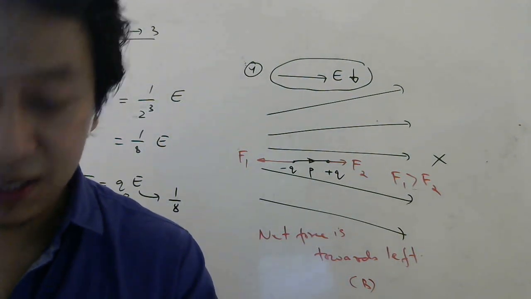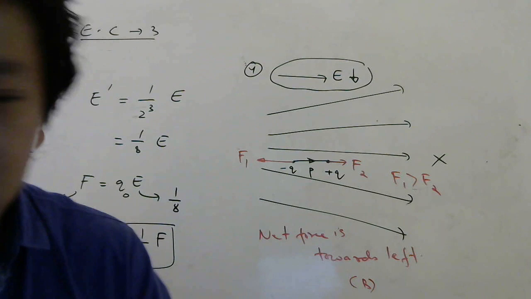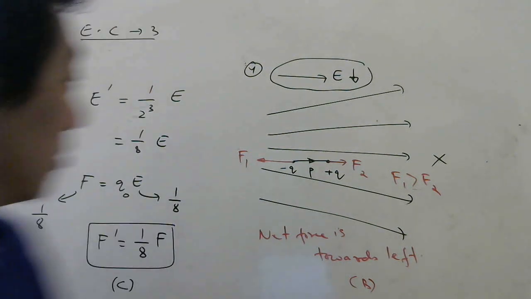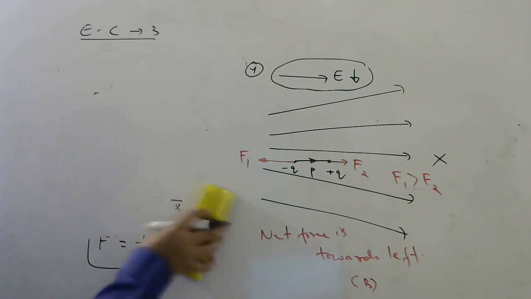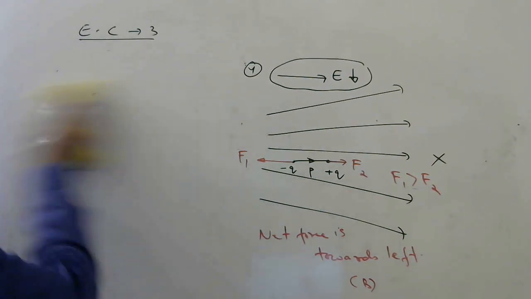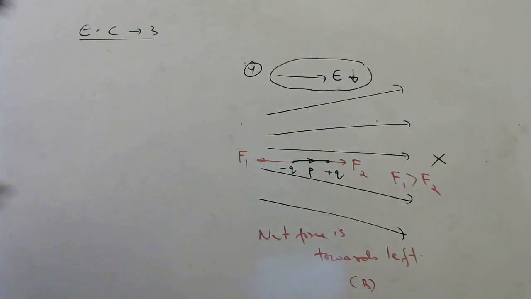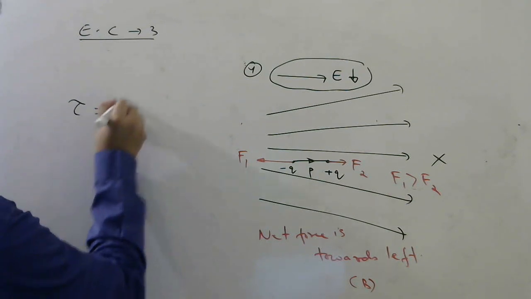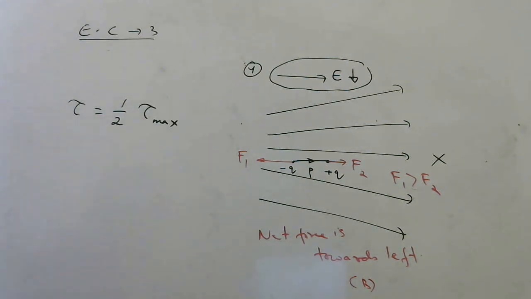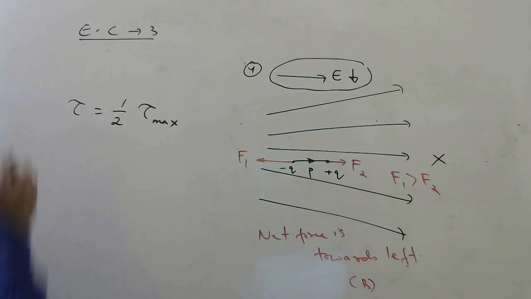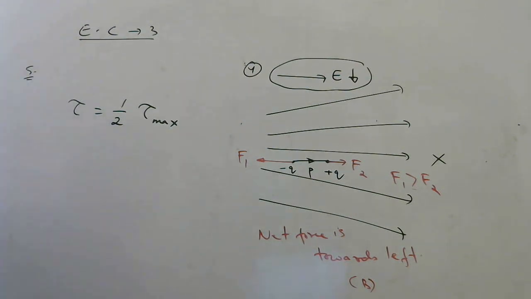So they are asking at what angle, this is a good CET question, okay, very good. They are asking at what angle will the torque experienced by a dipole be half of maximum torque. At what angle they are asking. This is question number 5. Then you know the formula, substitute.